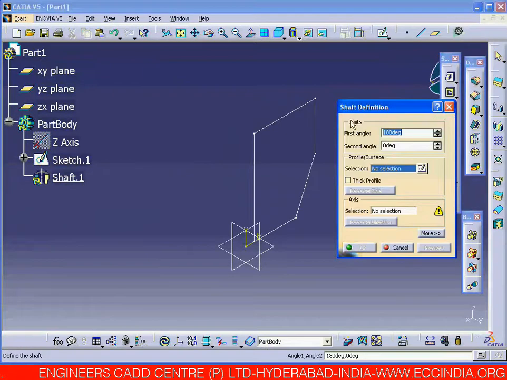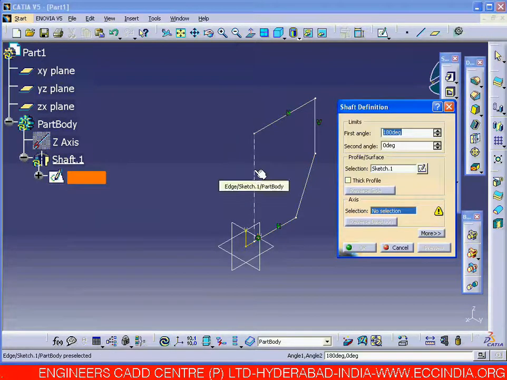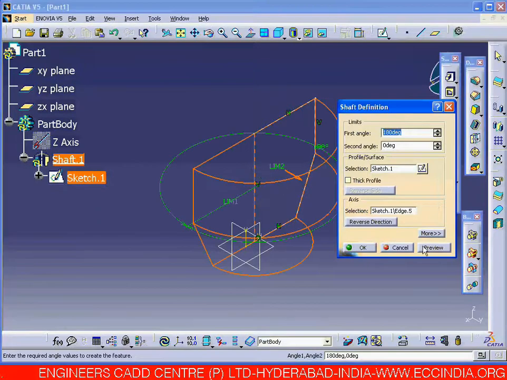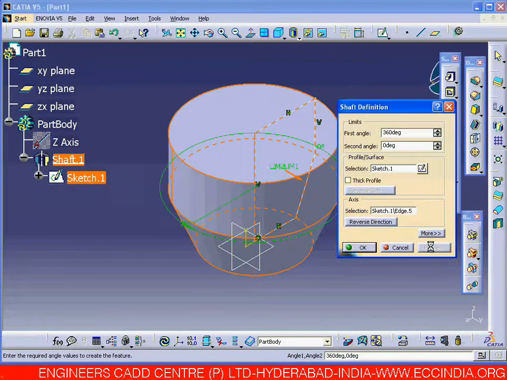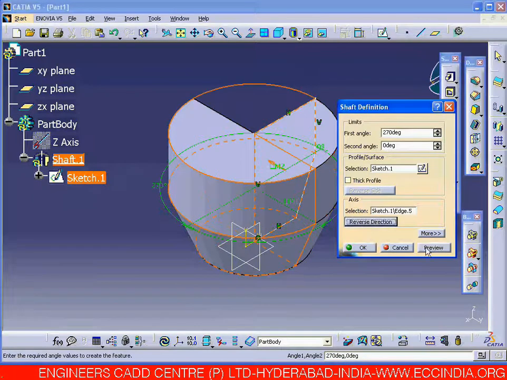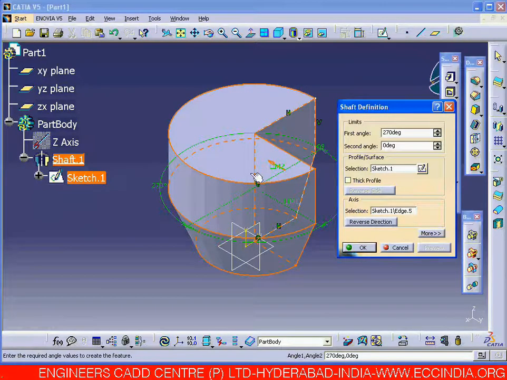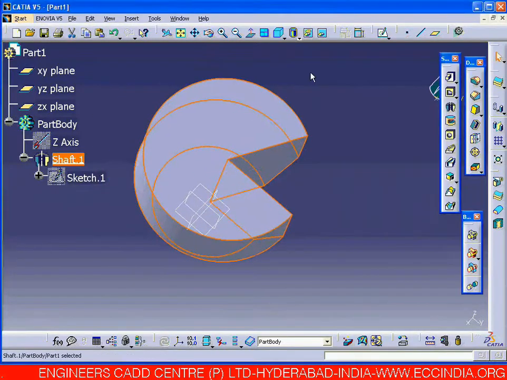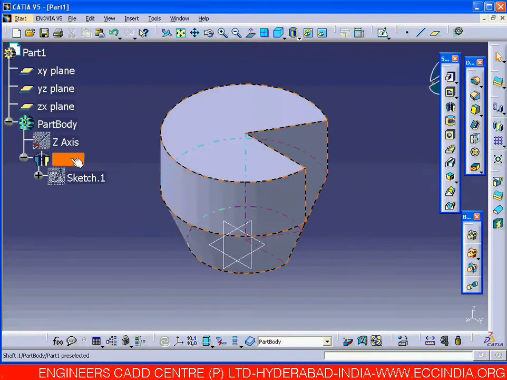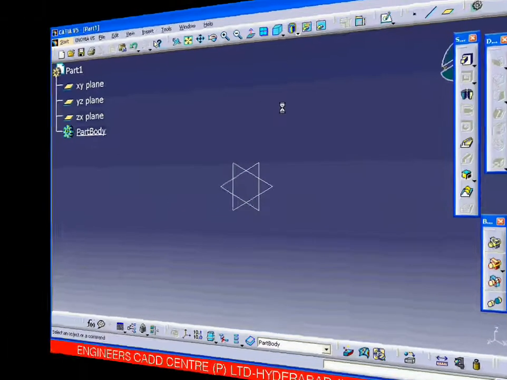Go for the shaft command, select the profile, rotation axis I am giving as the edge, and rotation angle is 270. So from the profile it is rotated by 270, or you can make it reverse: from the profile this side 270 and the other side some 30. This is the second method to give the axis, and the third one is giving the axis separately.